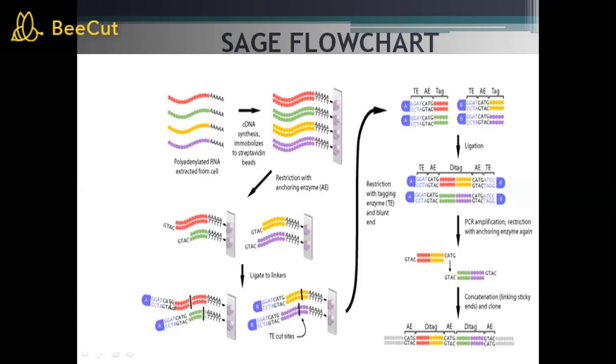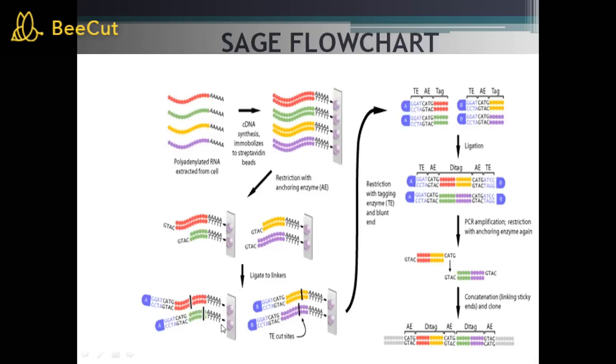Next step is we have to ligate this to the linker molecule. Here we can use two different linkers, linker A and linker B. After restriction digestion, we have to distribute these samples into two equal halves.